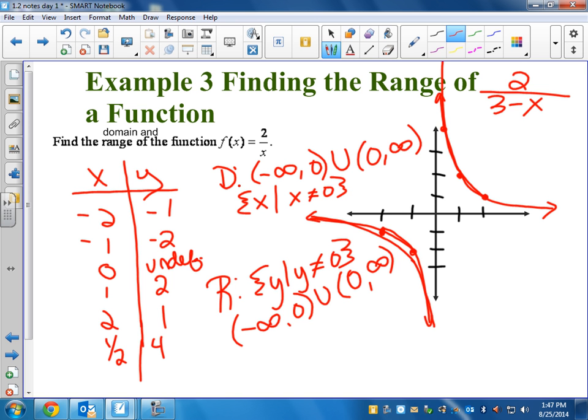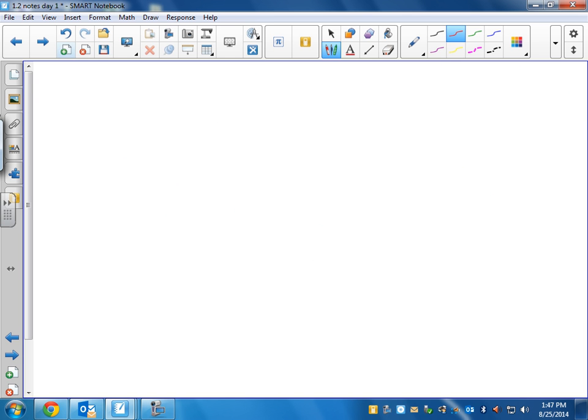So look for things that make x undefined, like square roots. Square roots are always going to have a restricted domain because you can't have a negative under your radical. For a rational function, if there's an x in the denominator, you're going to have a restricted domain. So what if I gave you something like this? This is an add-on, it's not on your notes, so I don't know if you can write it there or not. But what if I said, find the domain and range of